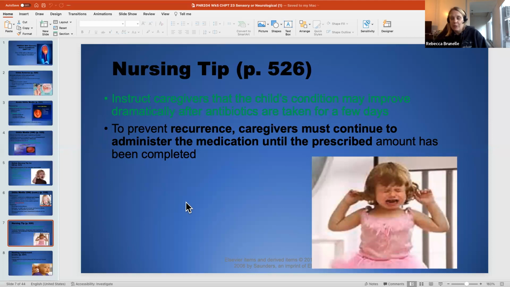So one of the main things you do as a nurse is you make sure that your parents understand the instructions for their child. So for ear infections or anytime they're taking an antibiotic, it's really important that they finish the antibiotic course. So if they're prescribed antibiotics for 7 days, the parents give the antibiotics for the full 7 days. They don't stop after day 3 when the kid feels better. And a lot of times